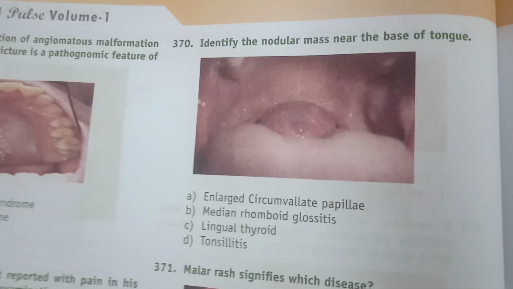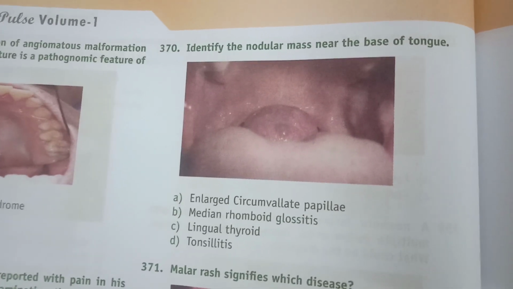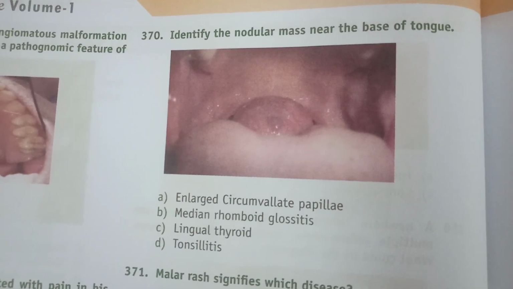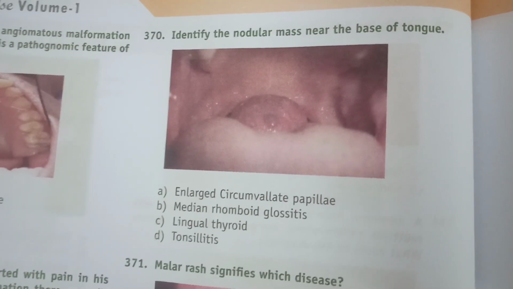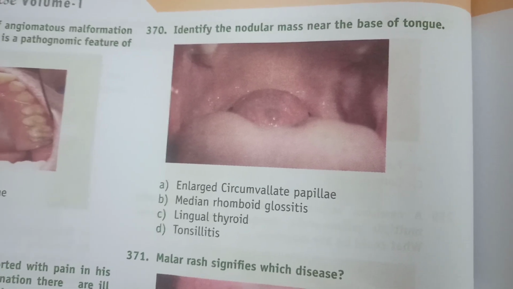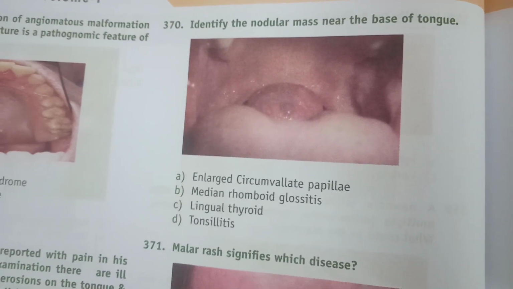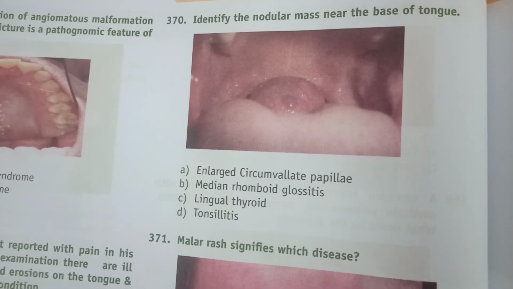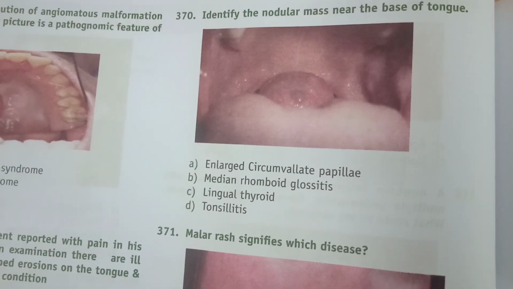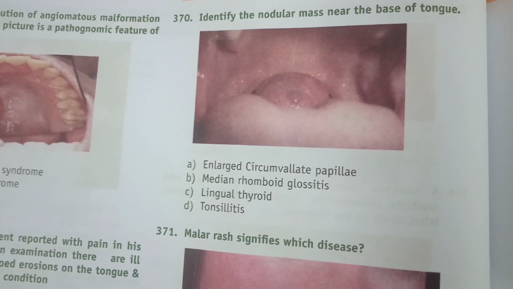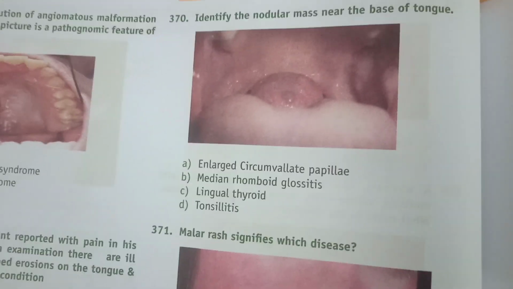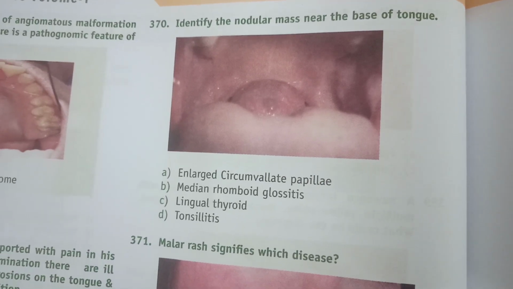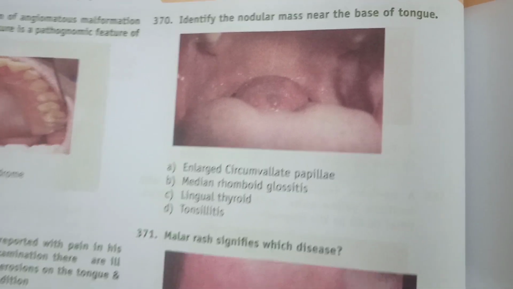Now focus on the next question, 370. Identify the nodular mass near the base of the tongue. There is a nodular structure that is present near the base of the tongue. Option A, enlarged circumvallate papillae. B, median rhomboid glossitis. C, lingual thyroid. D, tonsillitis. So the answer is lingual thyroid. It's a fairly easy question. Next,